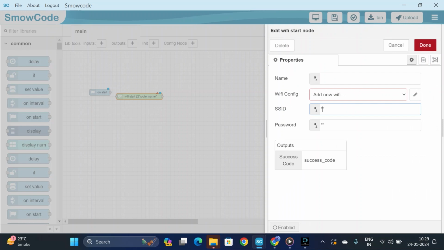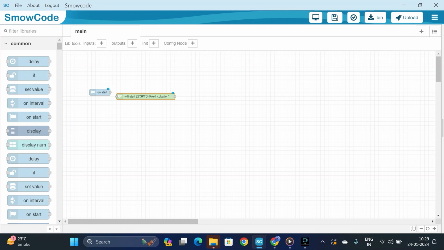Router name, password, done. Connect the flow, add an on interval node,